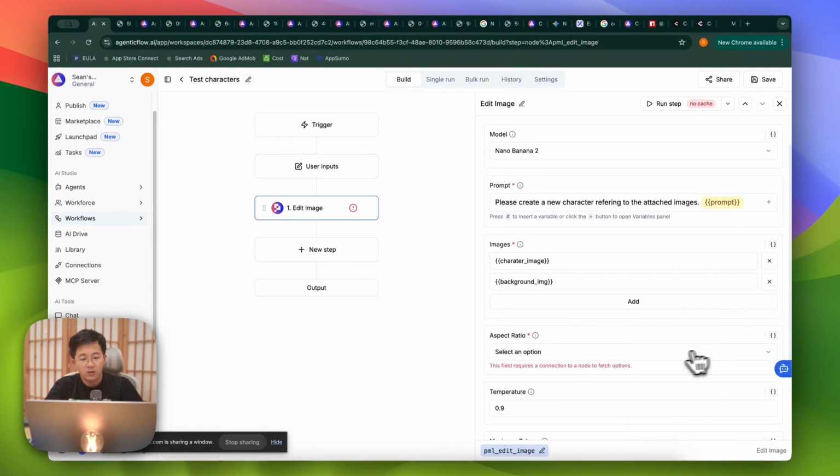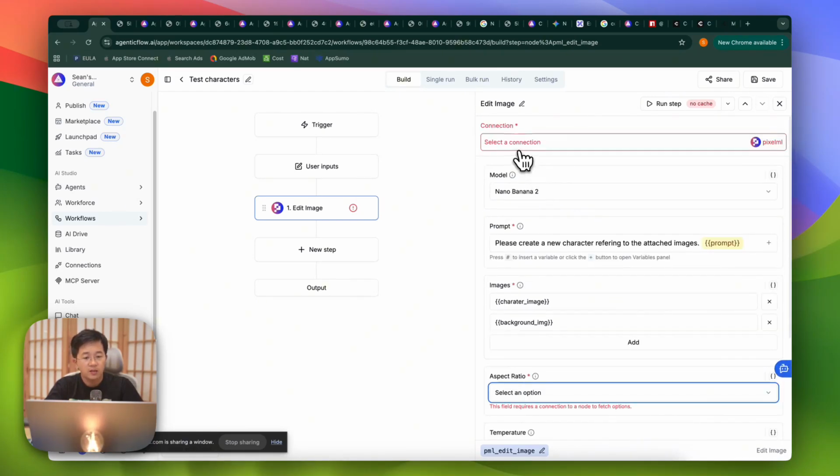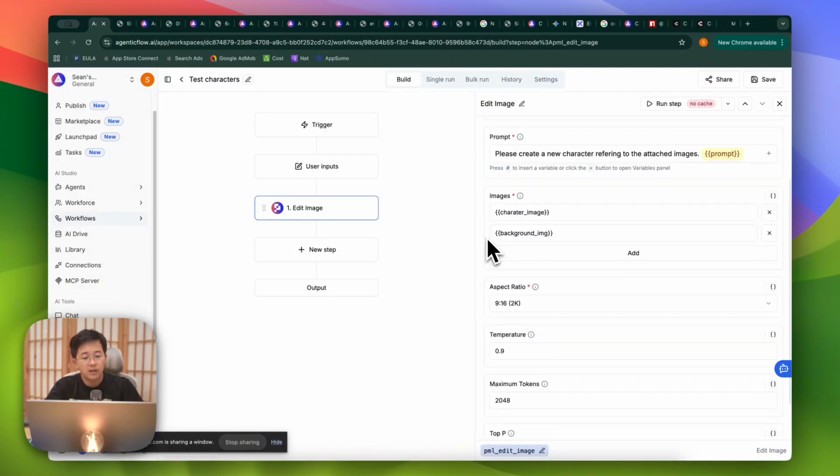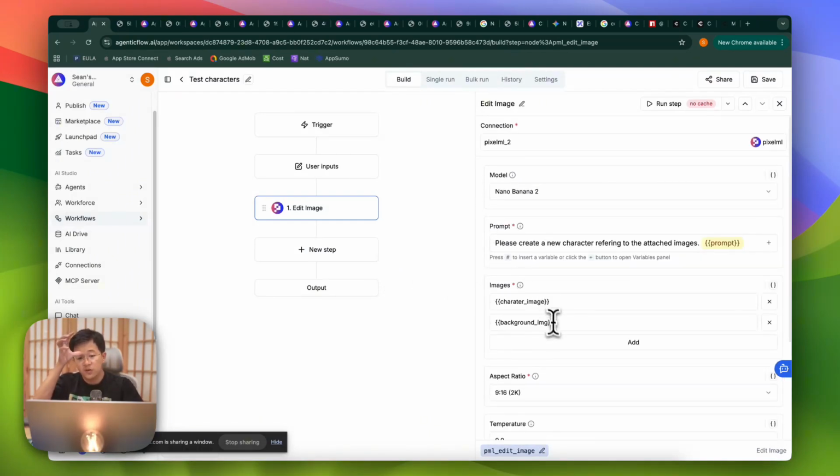And for aspect ratio, I think this is also something very basic. You need to wait. Why is that? Because I need to select a connection first. Sorry, I need to select a connection. So I think that's pretty much it. My tip for you is to send this image together in the